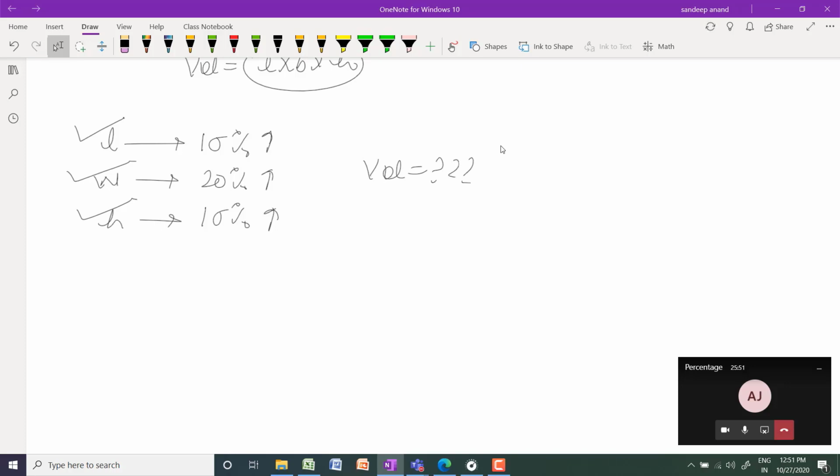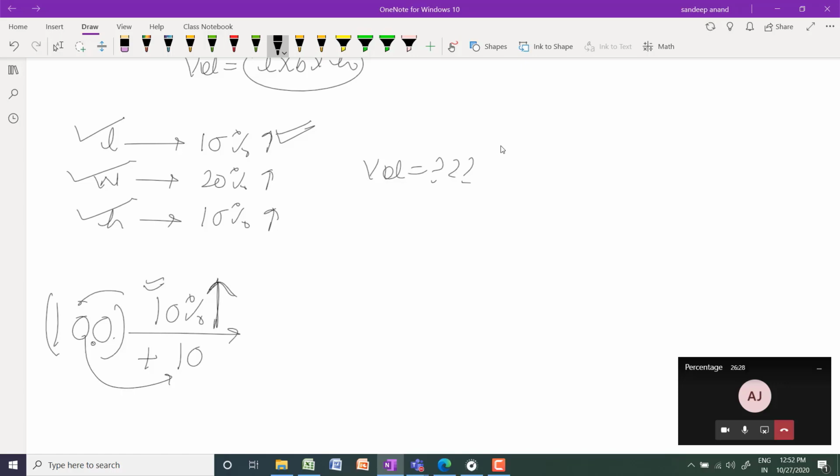The steps remain the same as what we did earlier in the area calculation. I'm going to solve one question so you understand better how we solve problems based on volume. Suppose the volume is 100. In any order you can pick the value, so I'm taking the direct order. The length is increased by 10%, so I am writing an upward arrow, which means you need to add the value. What is 10% of 100? 10. So 100 plus 10, you will get 110.